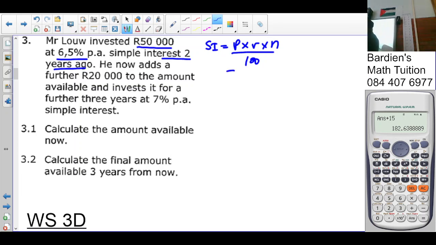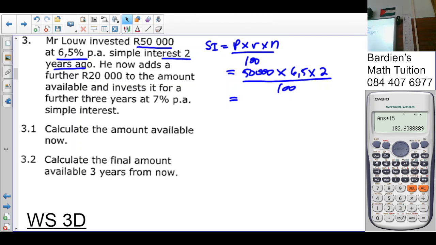Right, so what do we have here? 50,000 times 6.5 times 2 over 100. So 50,000 multiplied by 6.5 times 2 divided by 100 gives you 6,500 rand. This is 6,500 rand interest. So what I want to do is work out the final amount at this point. So A is equal to